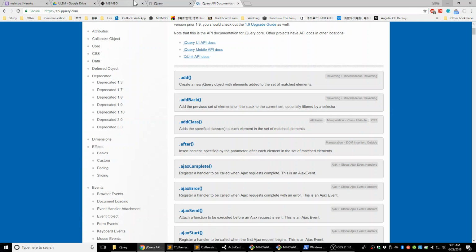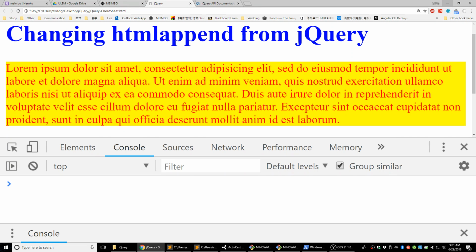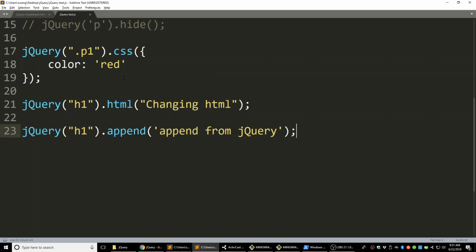So it will become change HTML and then append from jQuery, because append just allows you to append some text to the previous HTML. Right, those are functions you can do with jQuery. And there's one thing that I think is going to be really useful: